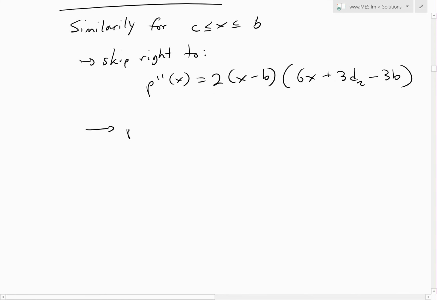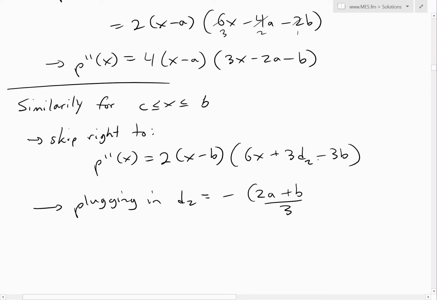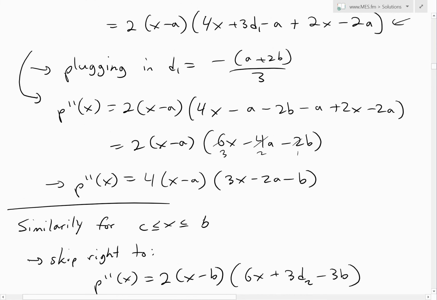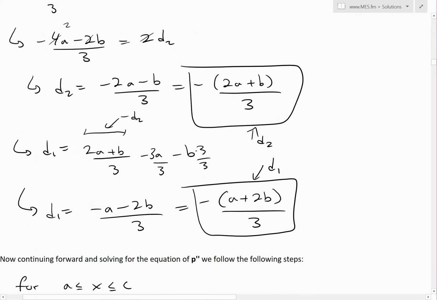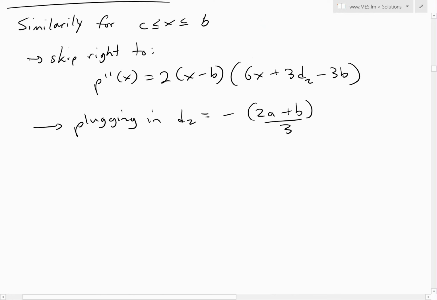So we're going to be plugging in our d2. And our d2 equals 2, this is going to be negative 2a plus b, all divided by 3. So the difference between this and the other one is just, this is a plus 2b, this is going to be 2a plus b, and that's exactly what we have over here. This is our d2, 2a plus b, and there's a negative sign obviously. So plugging that in, we get p double prime of x equals 2x minus b,